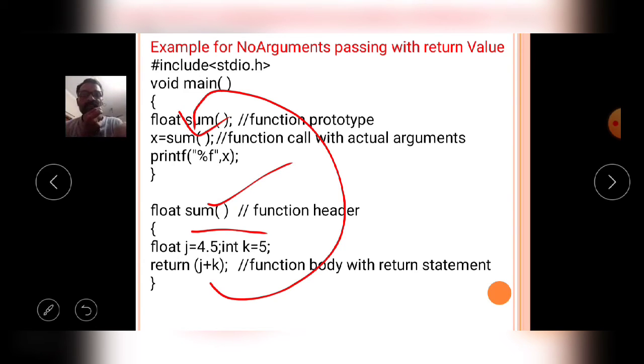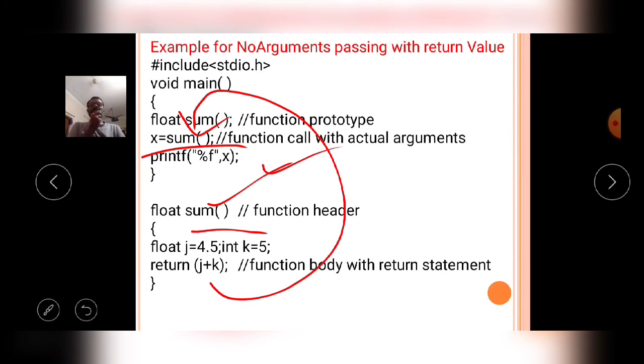Now the sum value is stored on the right side, the RHS of this instruction, and the value is stored in X. With the help of the printf statement, I will print the value of X. Like that, in the program the user defined function will not receive any values from the caller function, but after completion of the execution, a single value, that is a float value, is returned to the caller function.